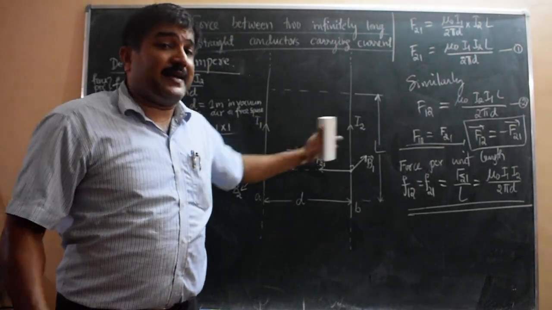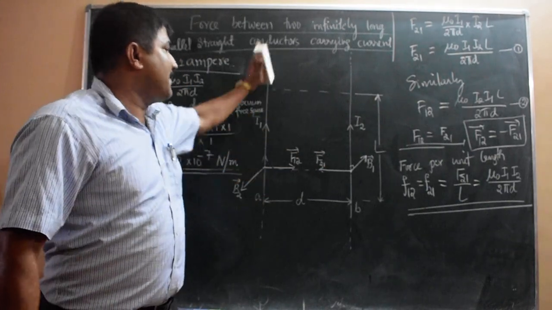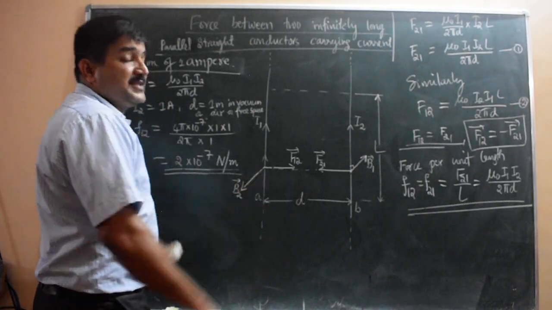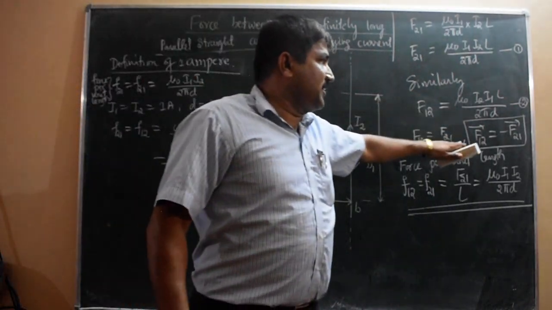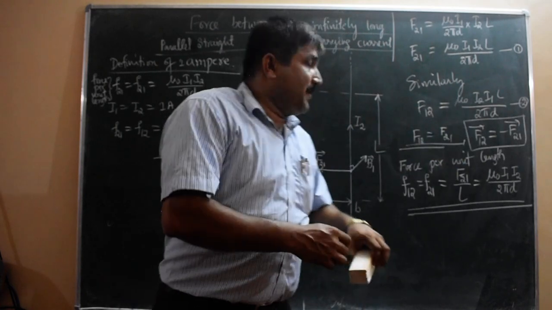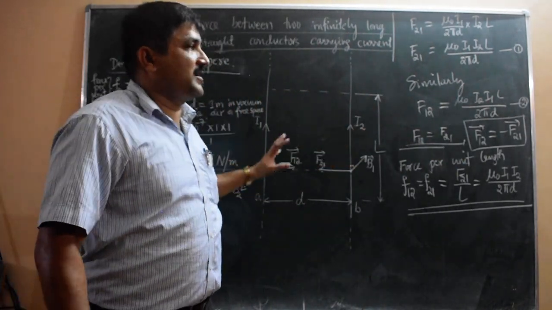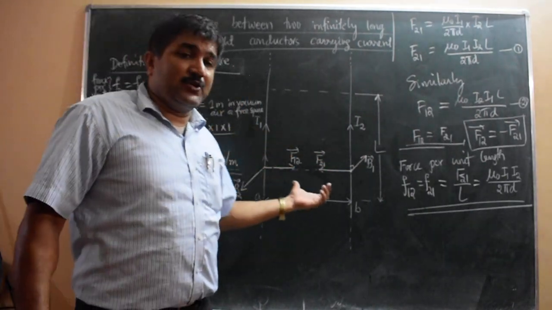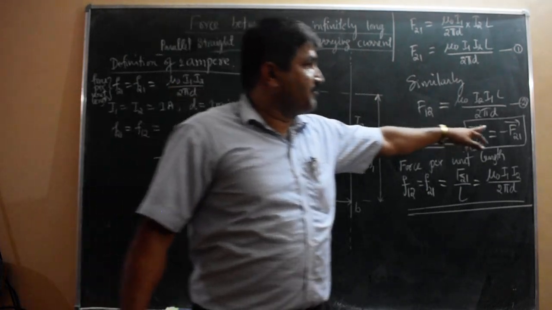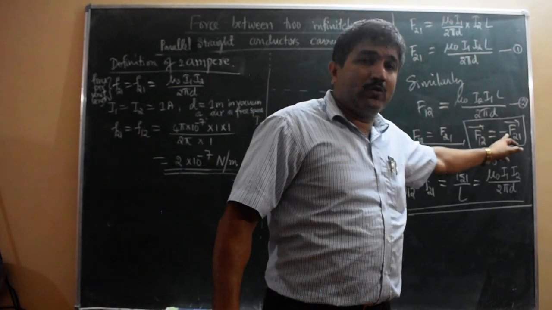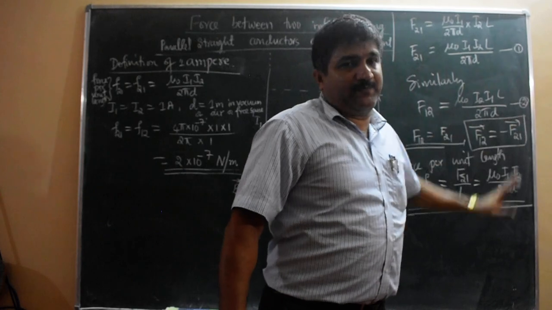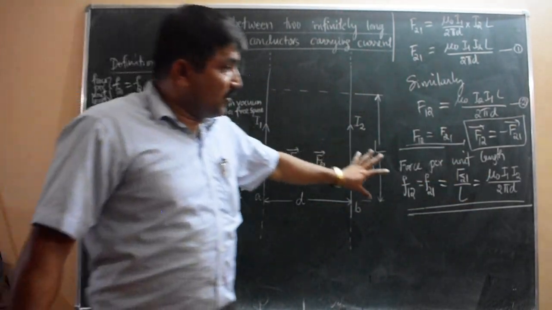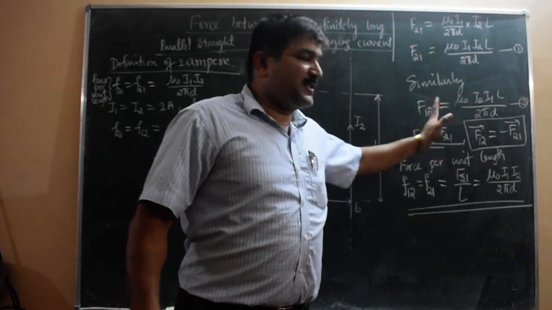Like currents attract each other. If the currents are one up and one down, forces will be away from each other, the force will be outward, that means they repel each other. And this derivation says that the magnetic forces on the two conductors obey Newton's third law, that is, forces are equal in magnitude and opposite in direction. Mathematically we can write F12 vector equals minus F21 vector. Vectorially, magnitudes are equal, directions are opposite. Finally you have to write the expression for the force per unit length.